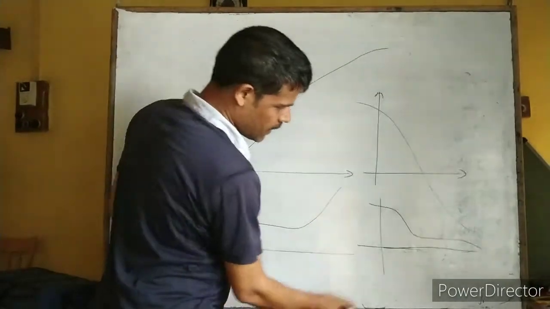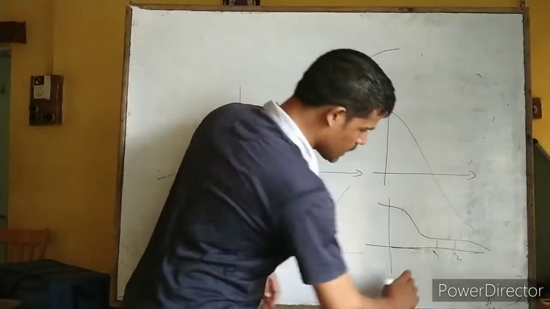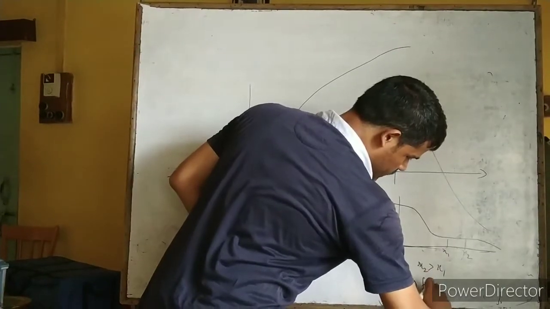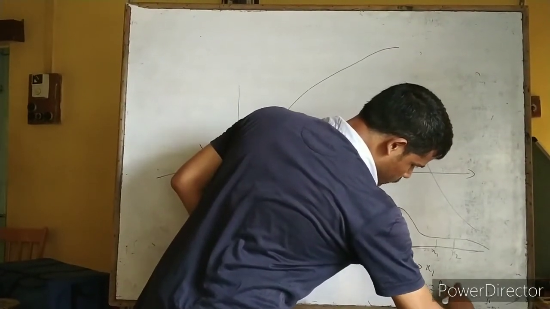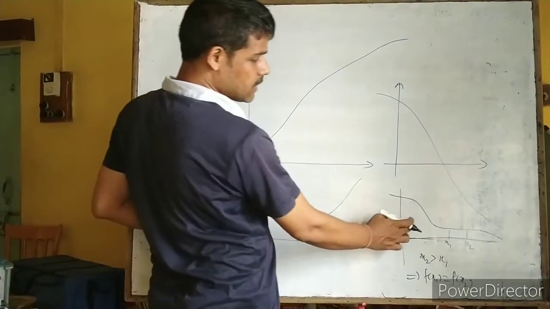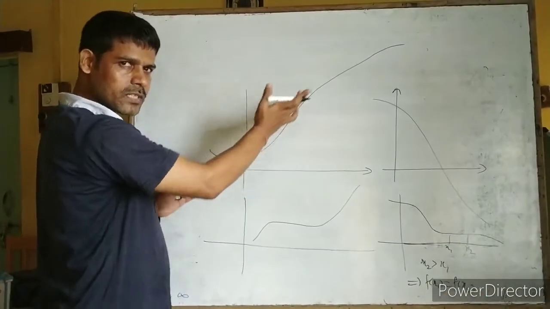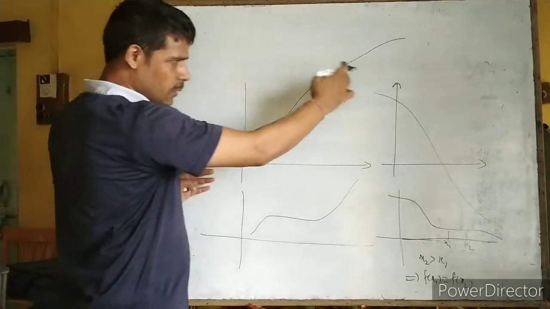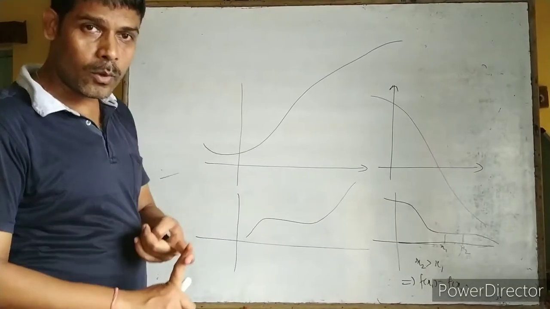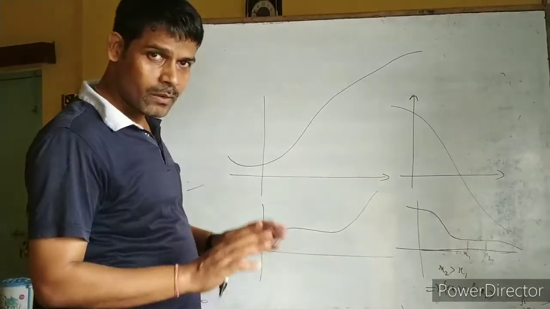You see what is happening. Suppose this is x1 and x2. Here x2 is greater than x1, but f of x1 becomes equal to f of x2. So if there is an equality sign, this is not strictly increasing and not strictly decreasing. The case of going sharply upward is what we say is strictly increasing, and sharply coming downward, we say strictly decreasing. We always do problems in terms of strictly increasing and strictly decreasing. You don't have to bother about the equality sign. Don't get confused.